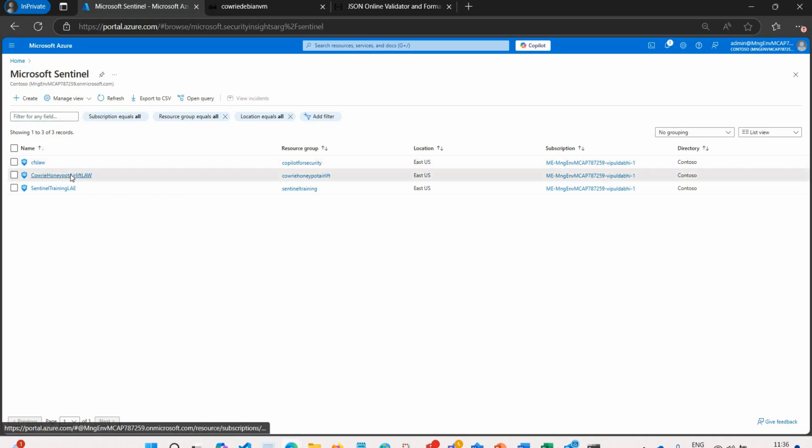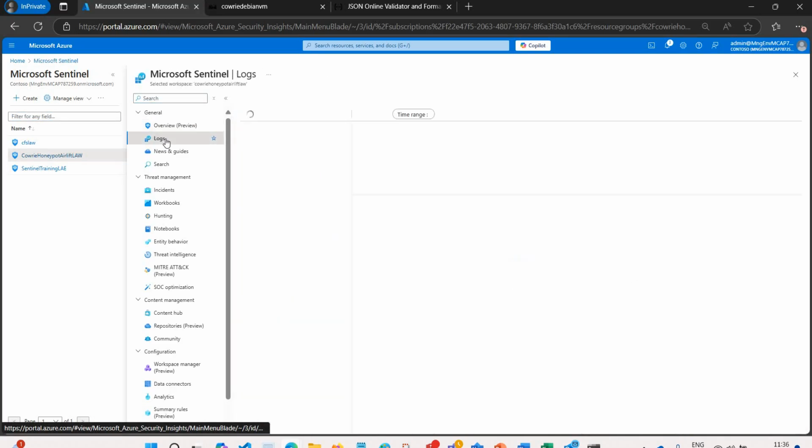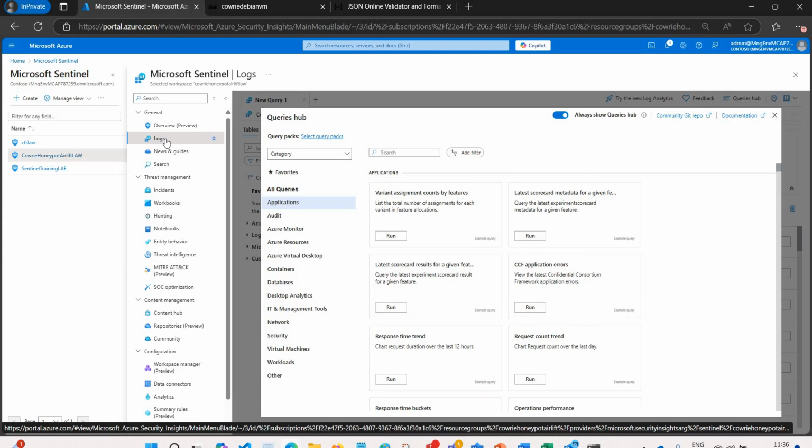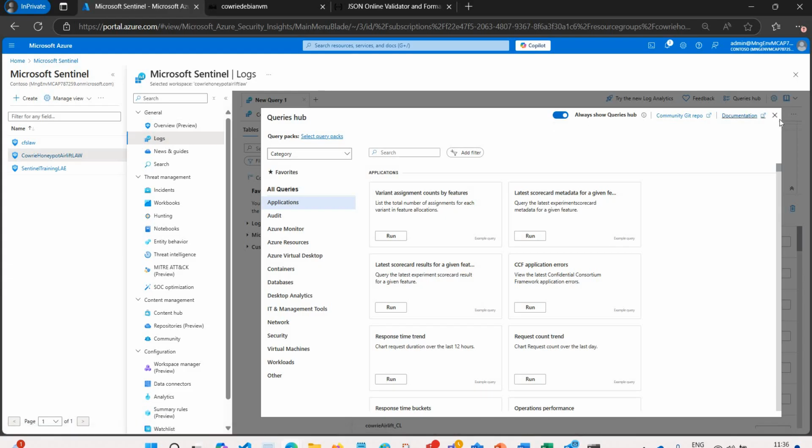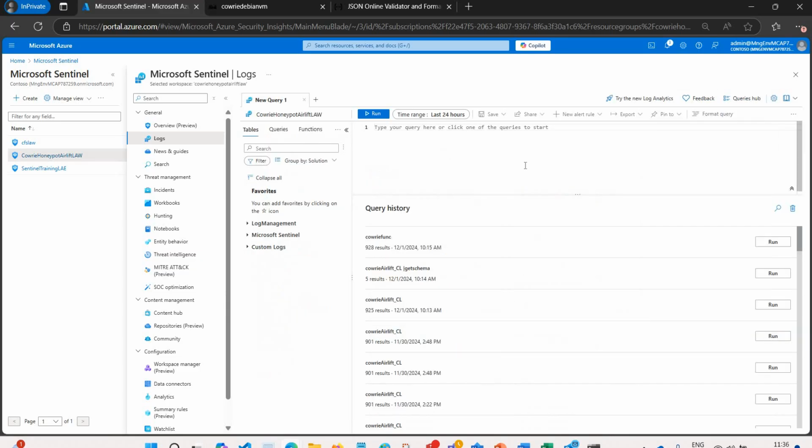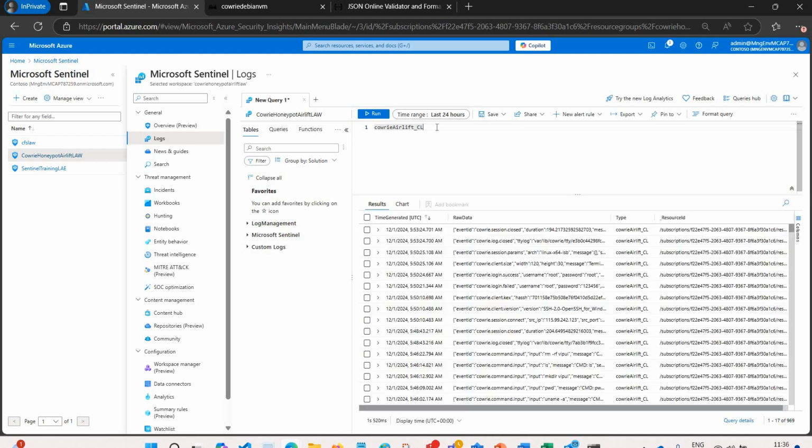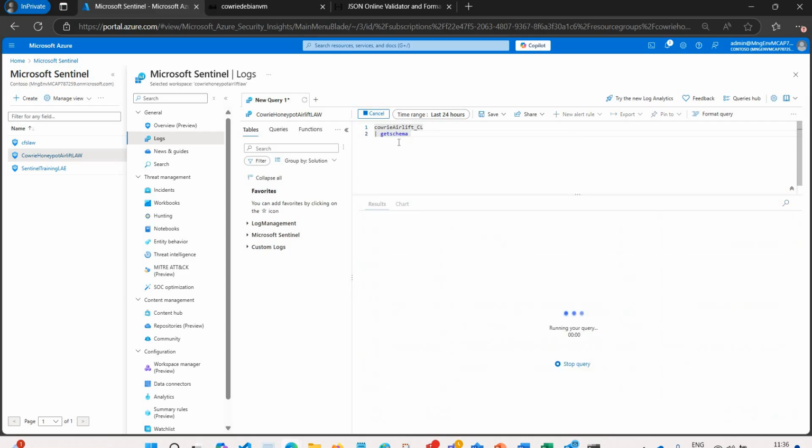Let me just open my Sentinel and check the logs here. So we have the table name as this. I'll see the logs for the last 24 hours. Just give it a run. So this is the table, but prior to that, we should see our schema, get schema, because this is